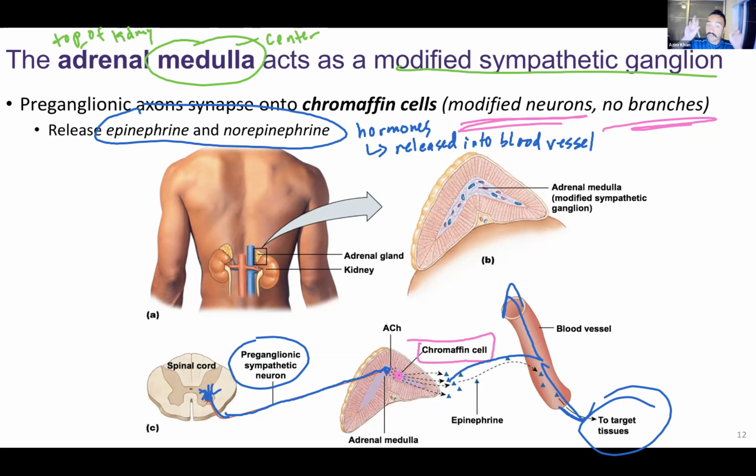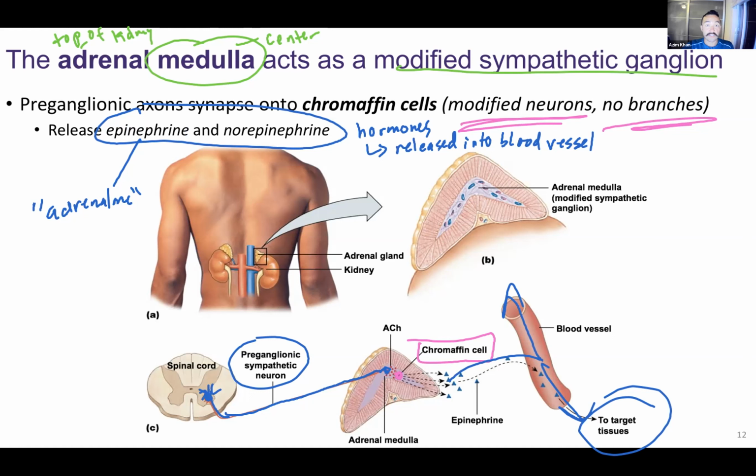So that adrenaline rush, another name for epinephrine is adrenaline. They mean the same thing. Also, if you haven't noticed, epi means on top, nephrin means kidney. So epinephrine means on top of the kidney. Adrenaline means on top of the kidney. They mean exactly the same thing. One's Greek, one's Latin. But anyways,